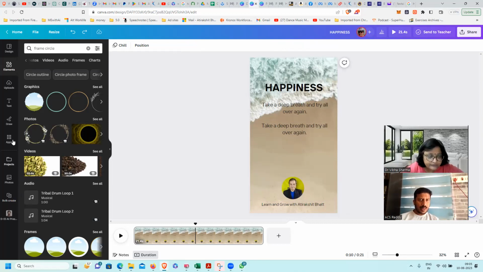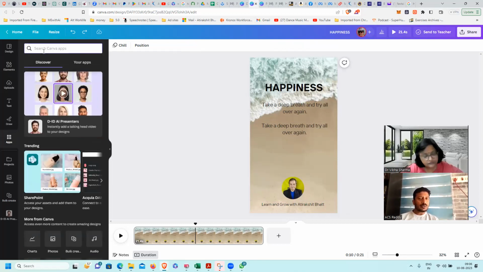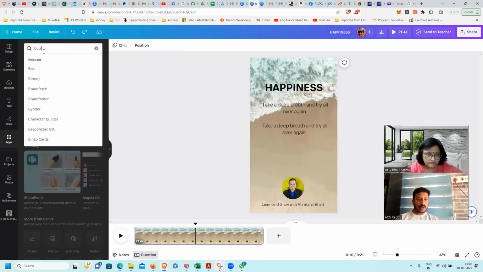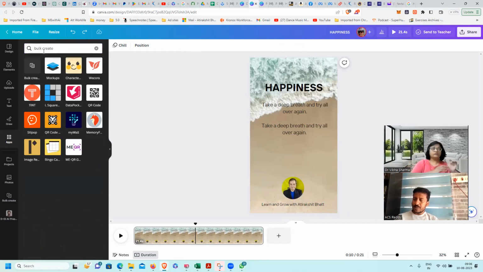If you don't have bulk create here, go to apps and search for bulk create. You should get this option of bulk create. If you are not getting it, then that means you need to have a paid subscription. Once you click on this bulk create, it will get added to your bar here.